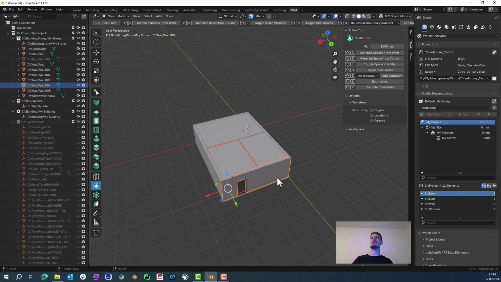So we can add the space boundary manually. We select the second level and click on the space and on the wall here and say Add Boundary, because if we select the space and one wall, it only adds the space boundary between the space and this wall, and now it worked correctly. So here is the space boundary for the wall and the space boundary for the door,